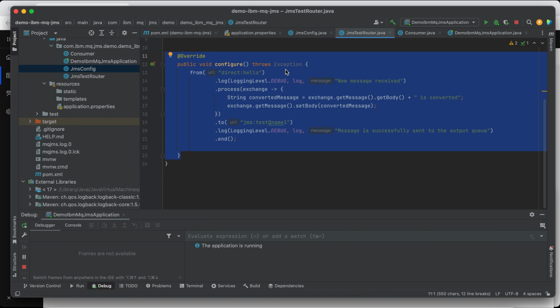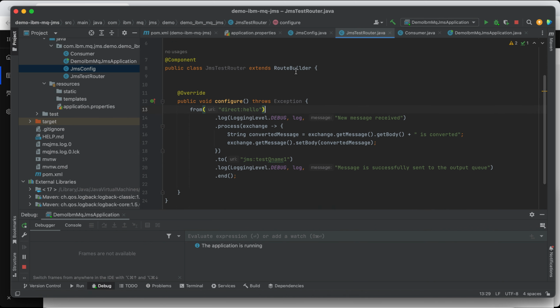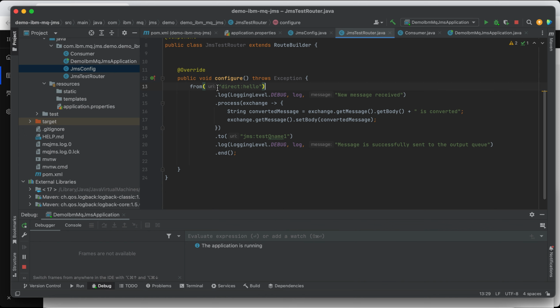Again, once Apache Camel receives this URI, it will redirect whatever request, whatever message, or however you call it, any data we pass to this URI, Apache Camel will redirect it to this component.